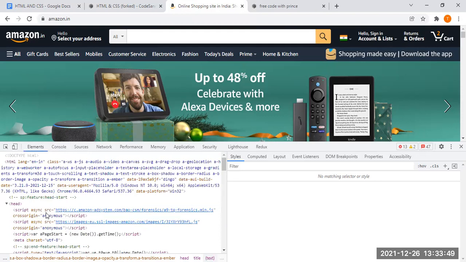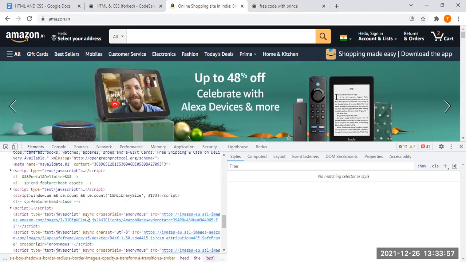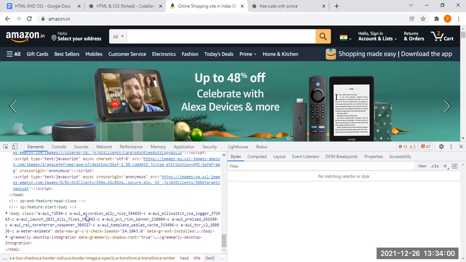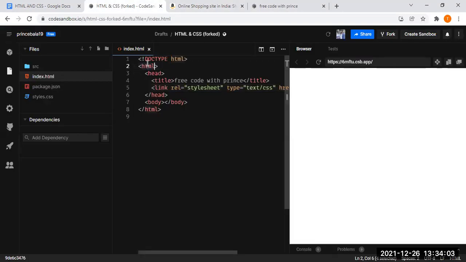Okay. So if you want to see the HTML elements that you are creating, you have to just click on Control Shift I and you have to see on this elements tag. Beneath this, you'll be able to see all the tags, whatever you have written. So this HTML opening and closing. In HTML, if you have some tag, there should be opening and closing for that tag. But when you work with React, Angular and all, it's not required. So you can use it straight away like this. For example, if I'm using some tags like div, you can also use it like this. So there are options that are available when you work with front end, any of the frameworks or libraries.